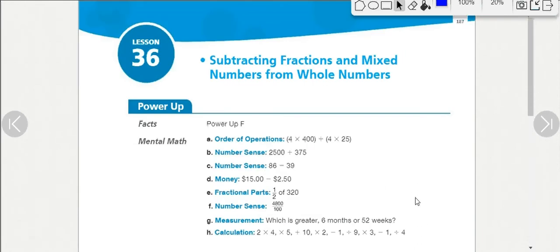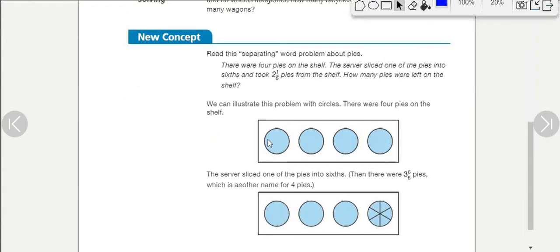Course 1 Lesson 36 is all about subtracting fractions from whole numbers. If I had 4 pies here, and I wanted to take 2 1/6 away, I'd have to cut one of the pies into sixths in order to get that sixth taken away, right? So if I want to take 2 1/6 away,